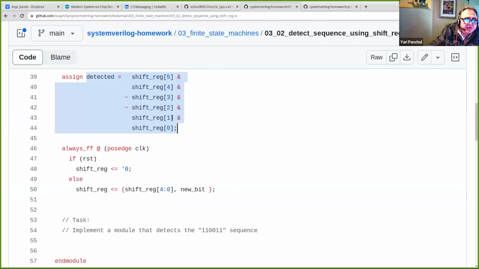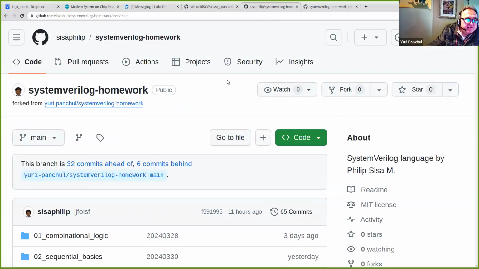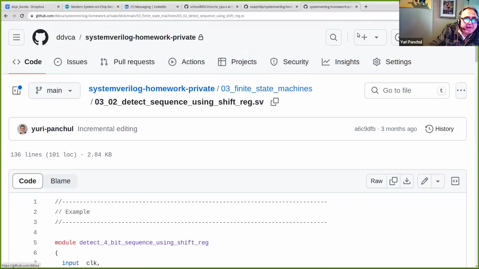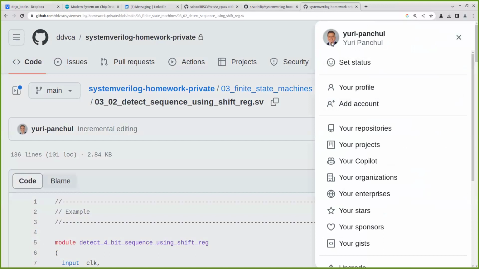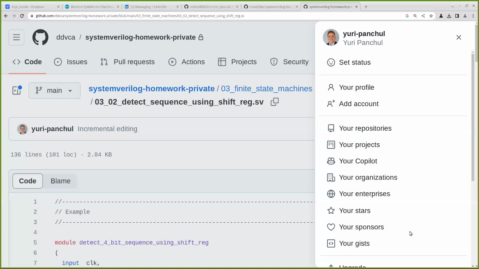So if you go to SystemVerilog homework, oh wait, it's not here. That's the Git repository I'm looking at. Yeah, 1 second. Let me show you a baseline example. You can come back to Philip's repository. Yes, but I'm not sure whether he's up to date. So I could see the homework 5 that was added two weeks ago. This is a baseline, and the baseline has those bits and pieces, but